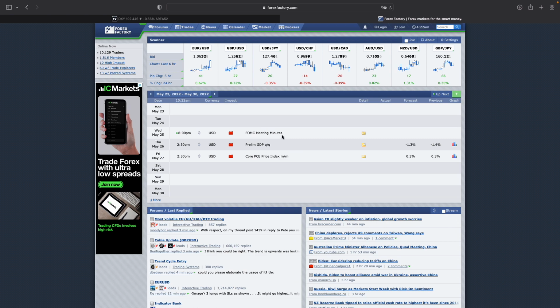So we know whenever we hear about the FOMC meeting minutes, it's always talking about inflation, and it's just always what the current status of the economy is and all that stuff. On Thursday we got the preliminary GDP. For those of you that are not aware of what the preliminary GDP is, basically there are three versions of this report that get released per month, and basically